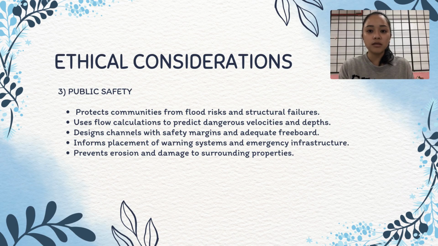Engineers must consider worst-case scenarios and include safety margins, freeboard, and floodplain buffers. Design features like safe flow paths, spillways, and warning systems are based on this analysis, ensuring the protection of lives,